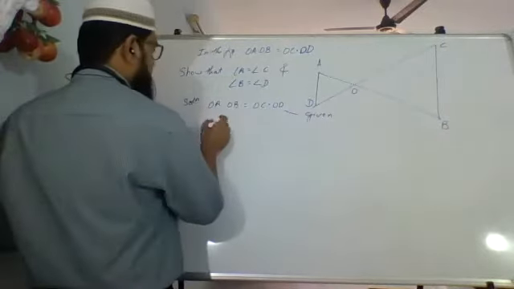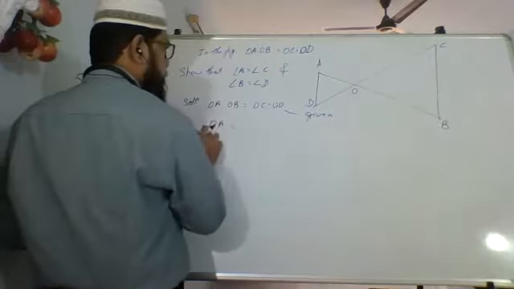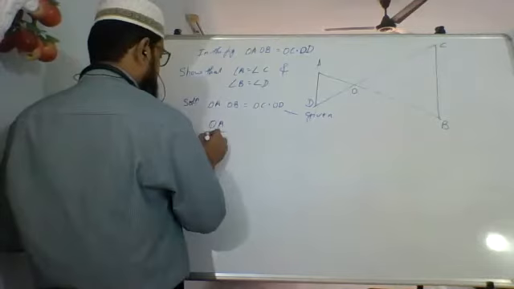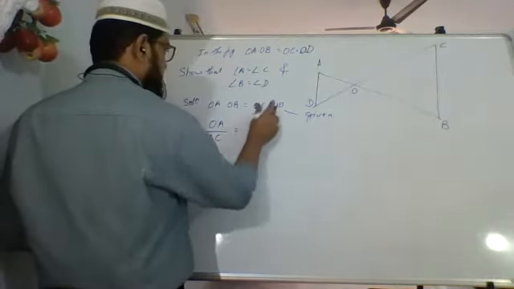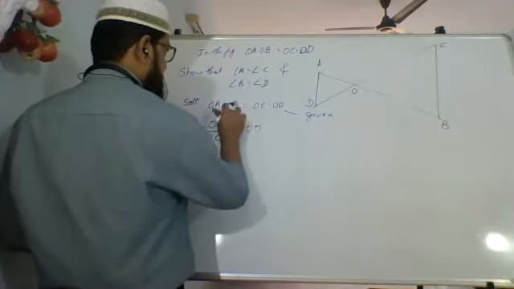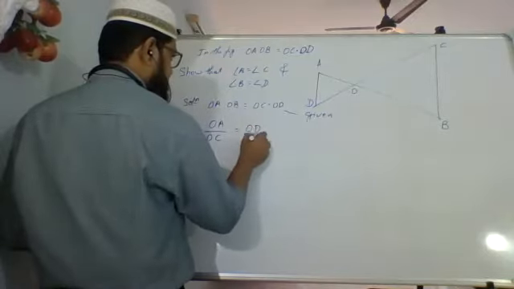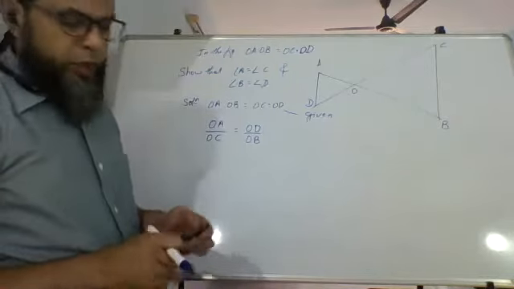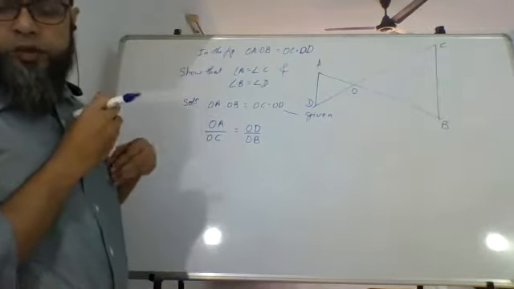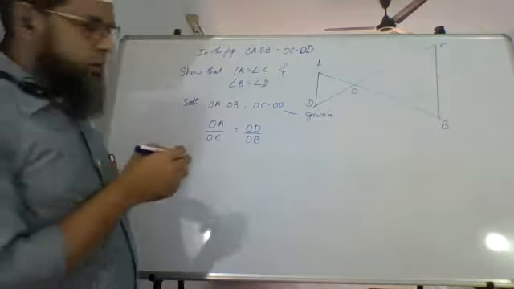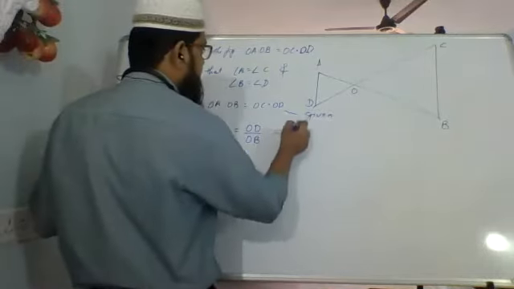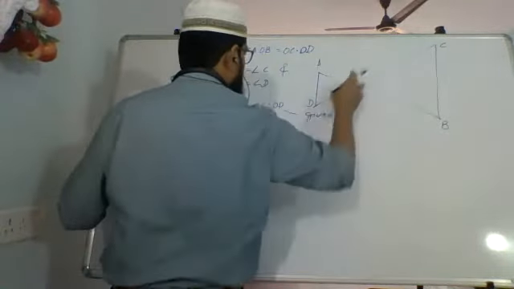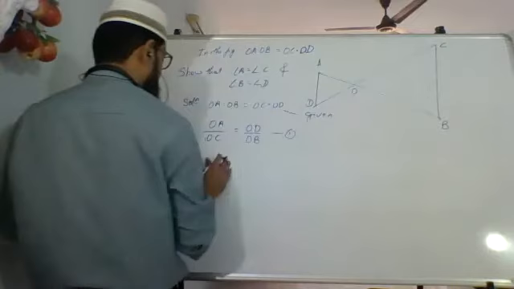Now I can say OA upon, bring this OC this side, OD remains where it was, bring this OB this side. OA upon OC equals OD upon OB. So these sides are in proportion. OA upon OC equals OD upon OB. Also,